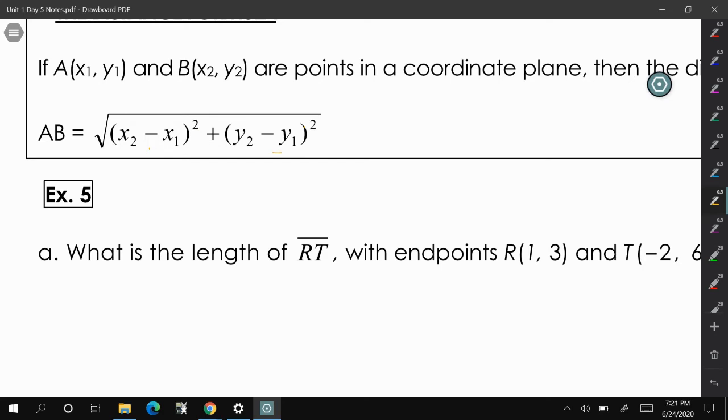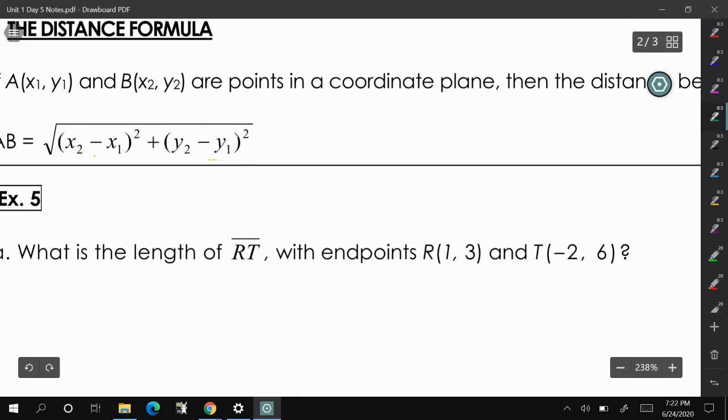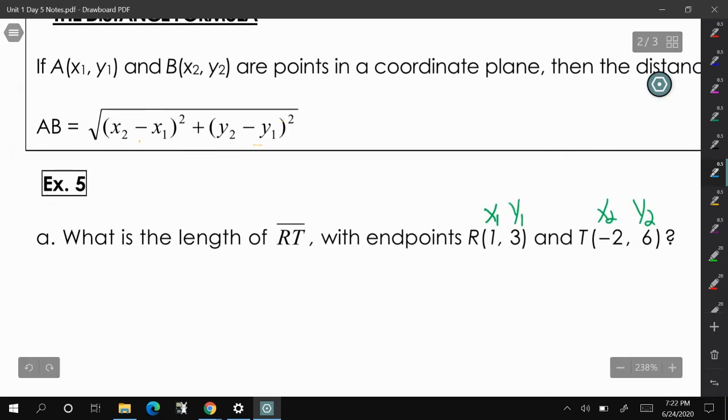To help me memorize it, what I usually do is I just always write it down when I use it. That way, by the time I'm ready for the quiz or test, I've written down the formula several times and I've committed it to memory. So what is the length of RT with these endpoints? So just kind of like the same thing we did with the midpoint formula, I'm going to label my points. And then in the formula, I'm going to plug in